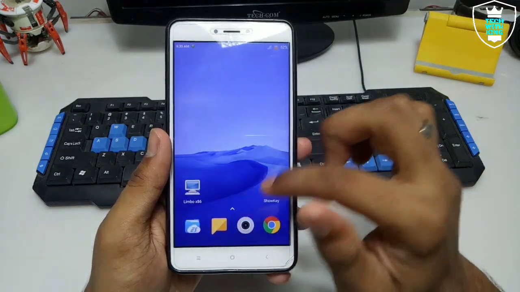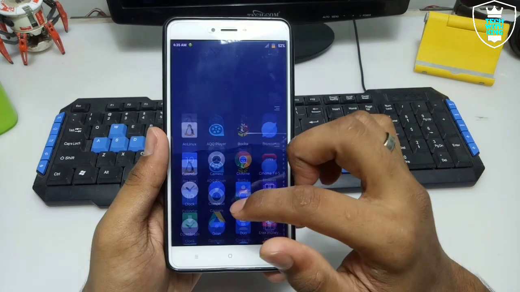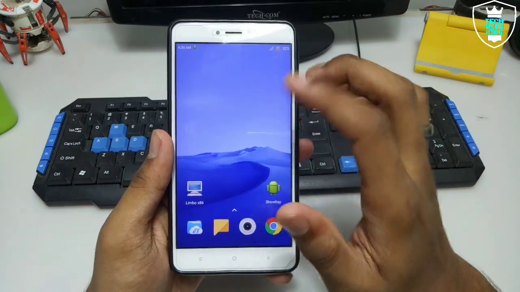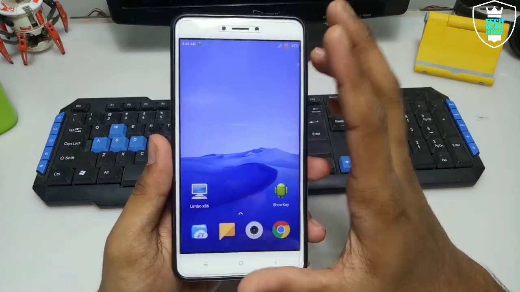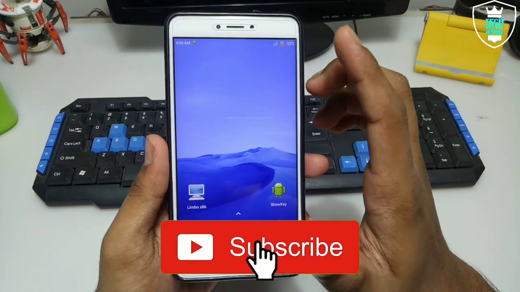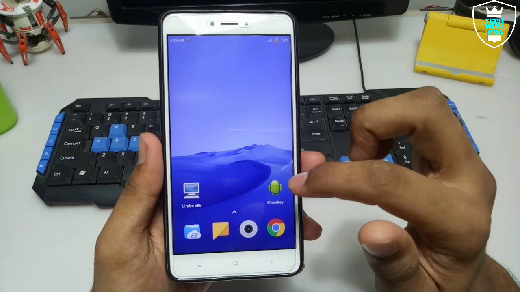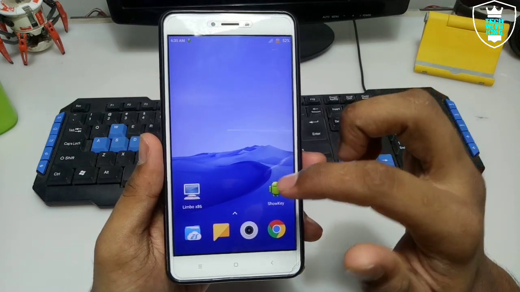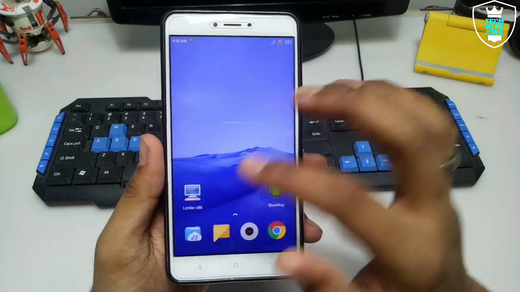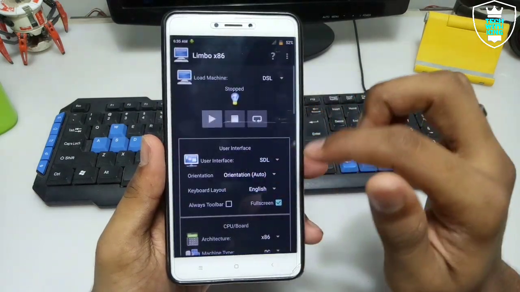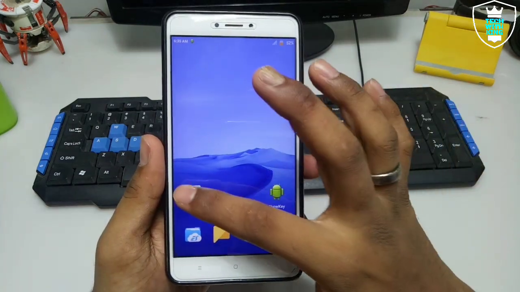Make sure you have downloaded the Shoki application and the Hackers Keyboard. Shoki is needed because the DSL has some issues, so sometimes the mouse will not work, or sometimes the keyboard will not work. So I have downloaded this application and it will work perfectly with this. So let me just show you. After doing all the settings, make sure you have also downloaded the Shoki and Hackers Keyboard.